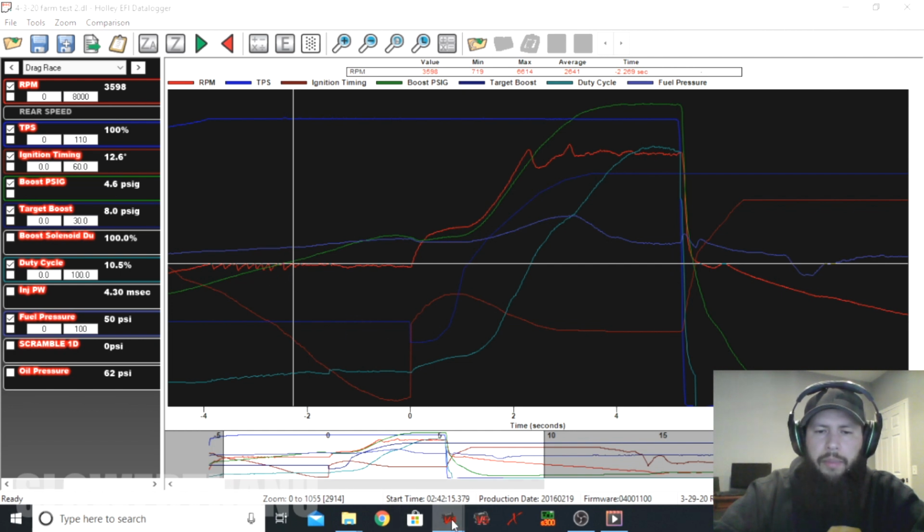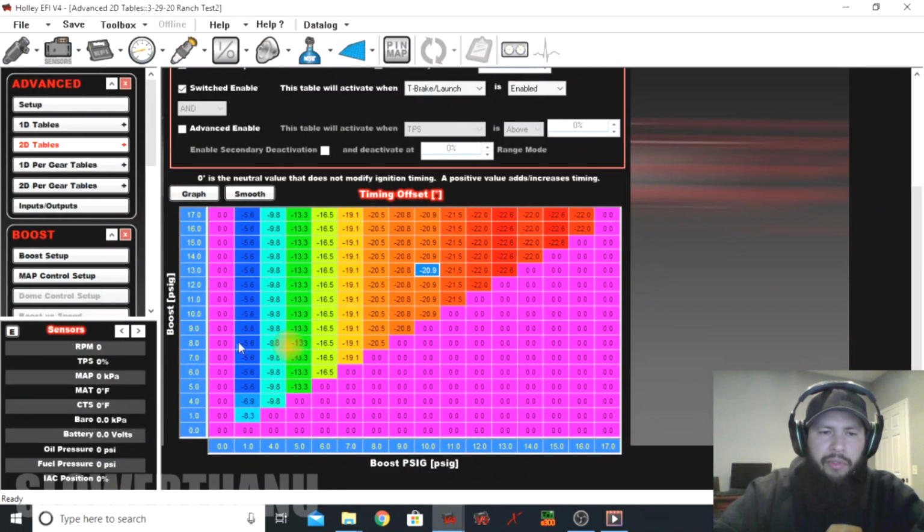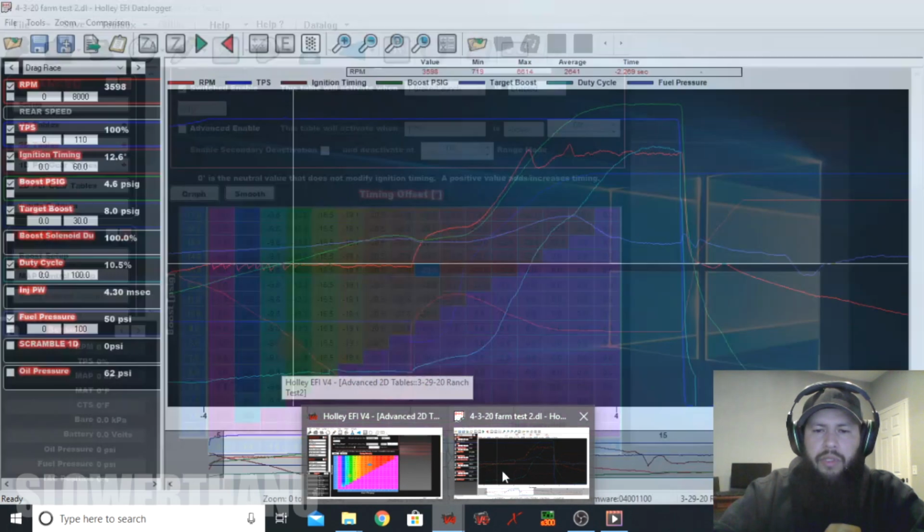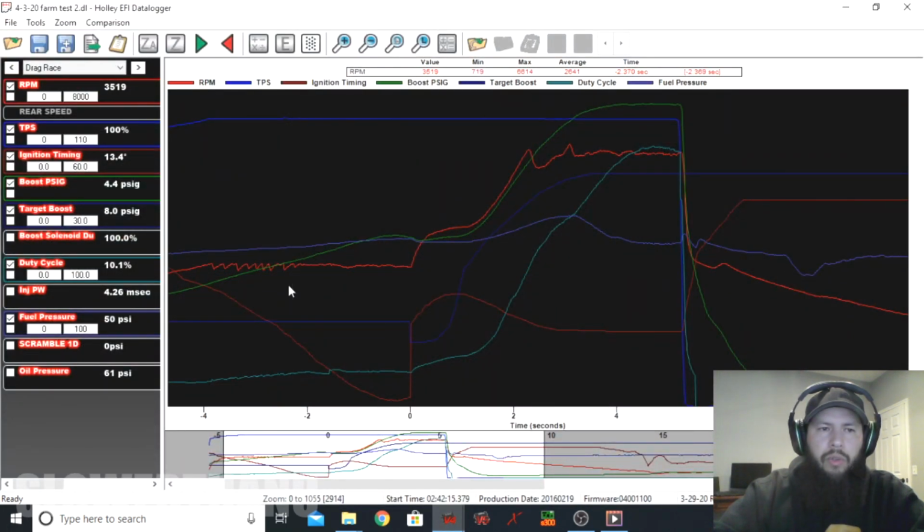It was pulling so much timing. So here's where we're sampling from in the table because our target is 8 psi. And as you go across here, it's retarding by this point 13 degrees. It's going to continue on 16 degrees, 19 degrees, 20 degrees. Well, the area that we're sampling from at this point, we were already, ignition timing was at 13 degrees with